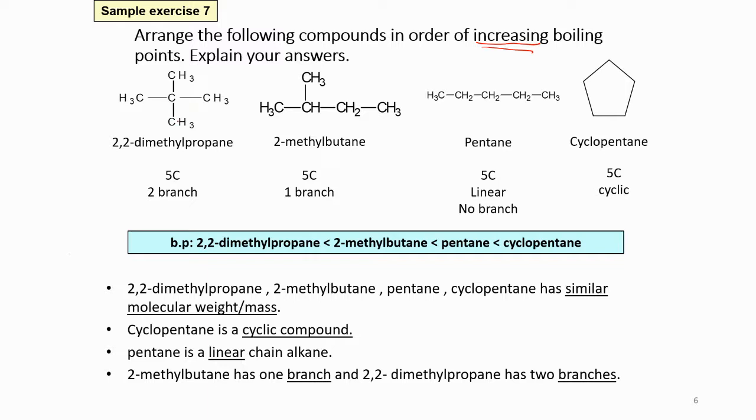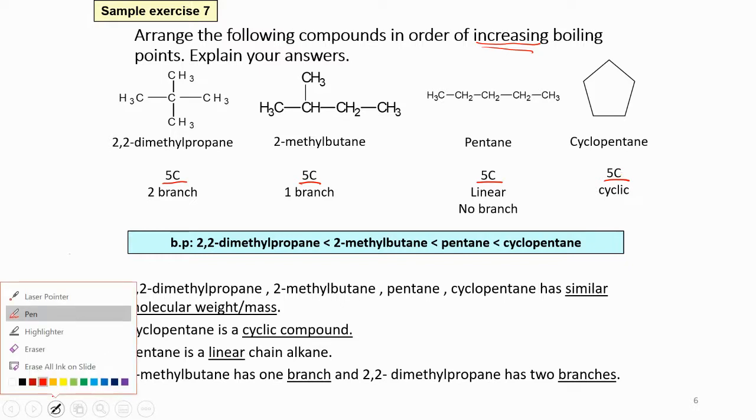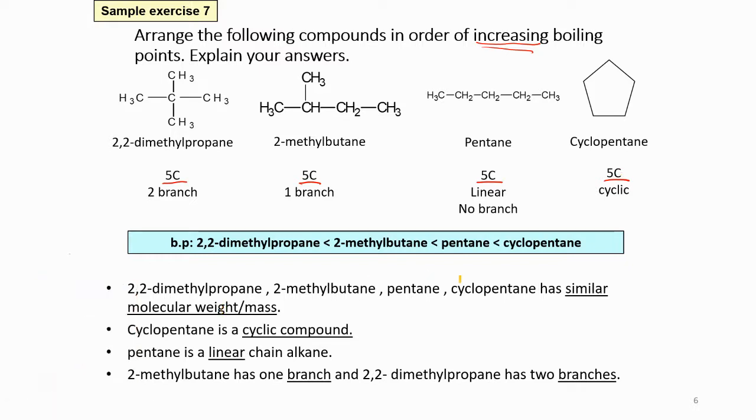Explain your answers. First of all, let's determine how many carbons we have. We have 5 carbons. The second compound is the same, we also have 5 carbons. The third compound is the same, 5 carbons. And then the last compound, cyclopentane, also 5 carbons. So from here, we know one thing for sure, that they have similar molecular weight or similar mass. When we have similar mass, we are going to compare